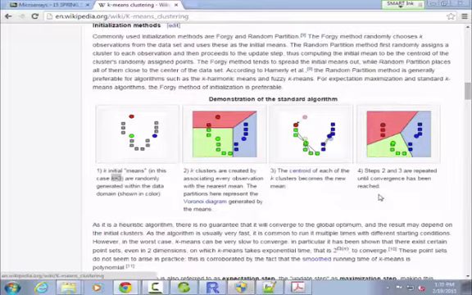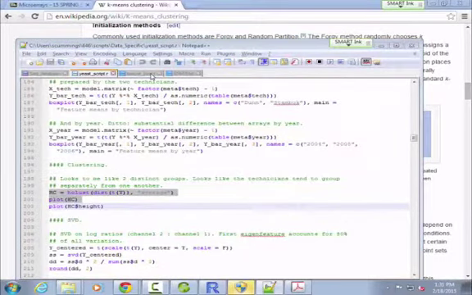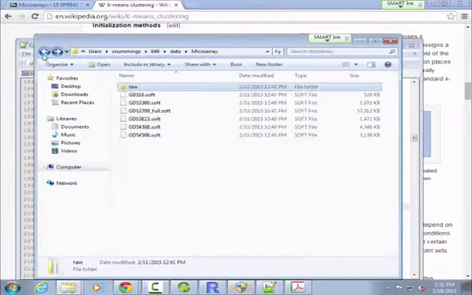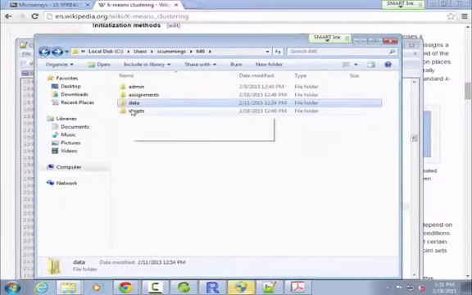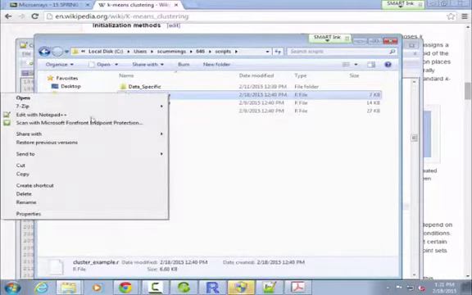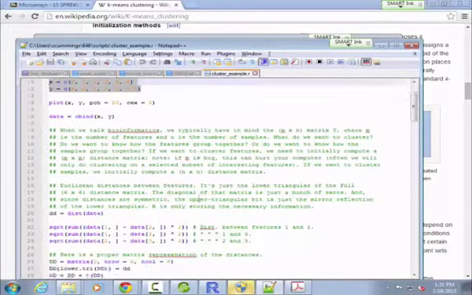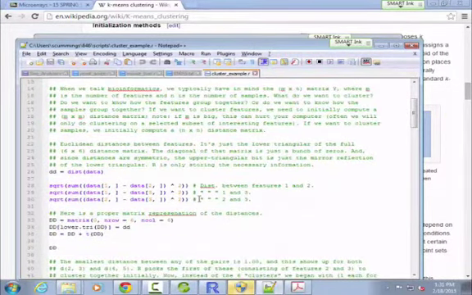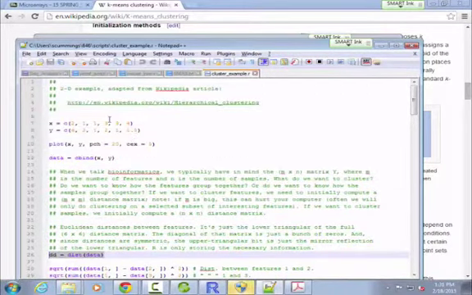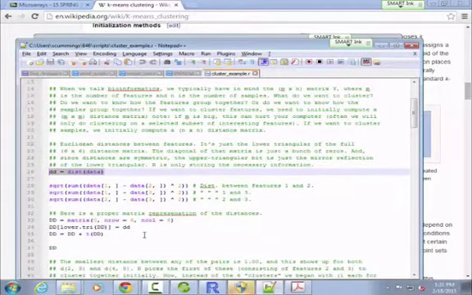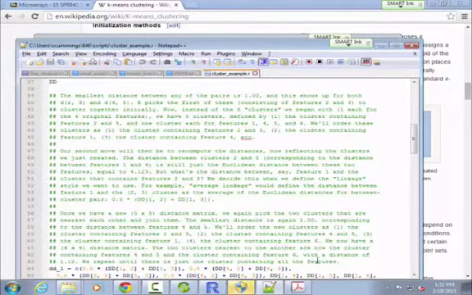All right, we're out of time. What we're going to do next time is play with this script. It's called cluster example. And for a toy example, came from the Wikipedia article we were just looking at, let's walk through how clustering works. So first we're going to compute all those pairwise distances between our features, and we're going to choose who goes together first, so who gets joined first based on who had the smallest pairwise distance. And then we're going to work through iteratively,